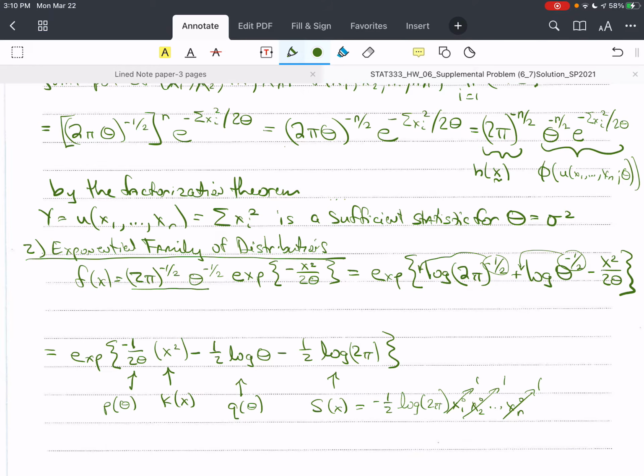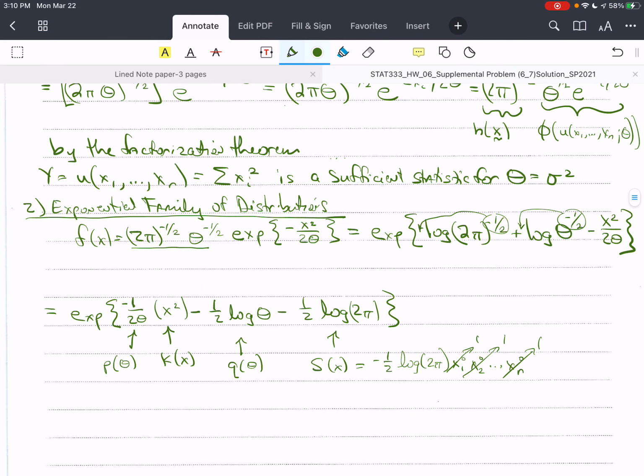So that's why it's s of x. The constant works for s of x. And by the theorem for the exponential family of distributions,